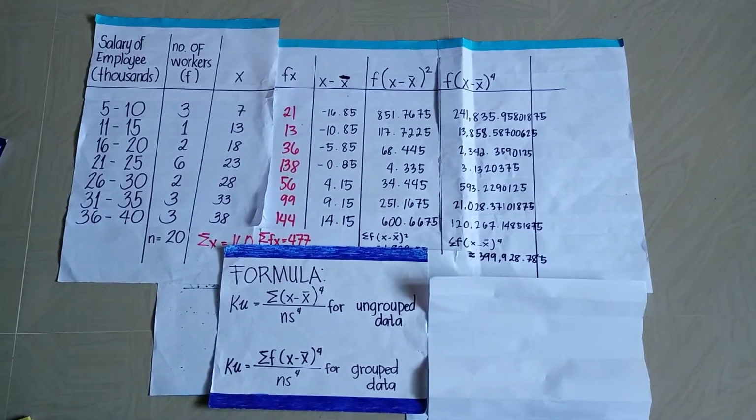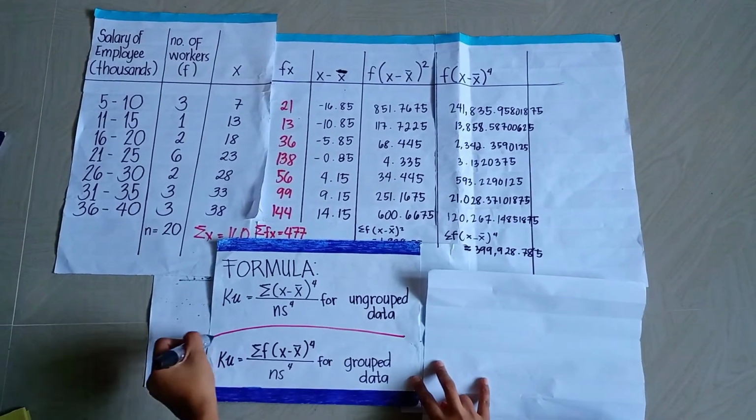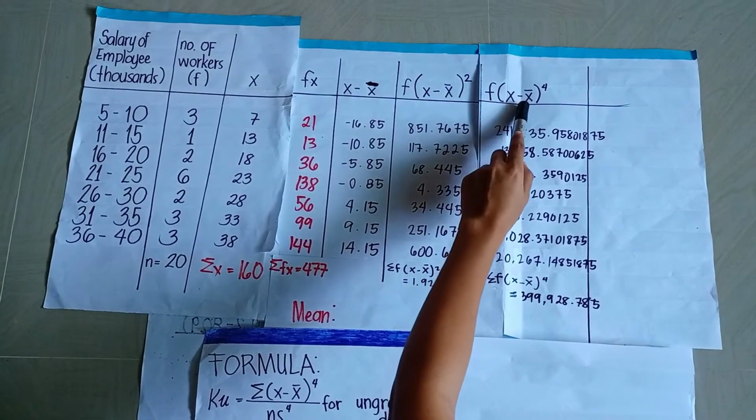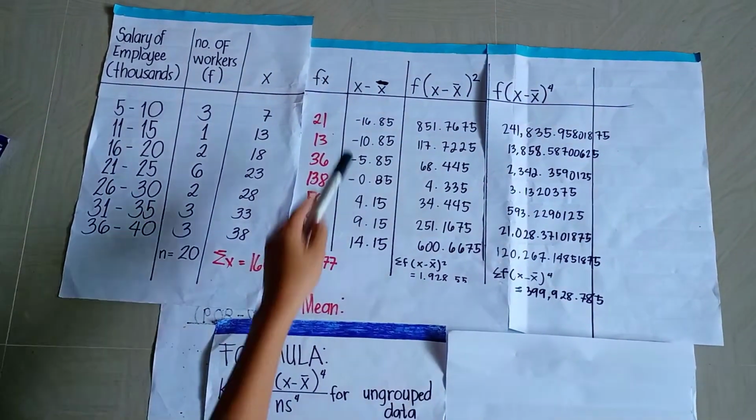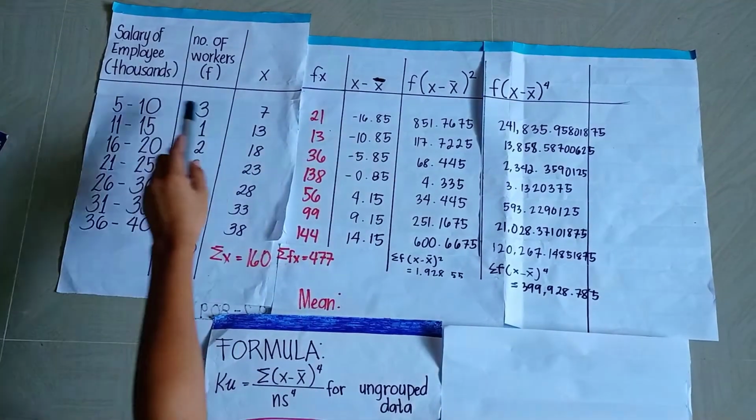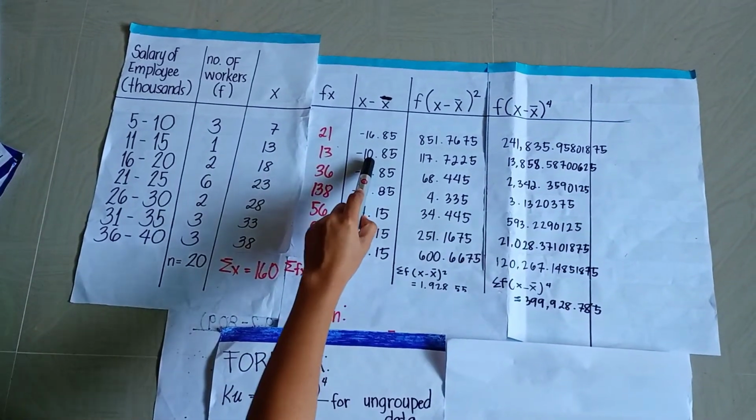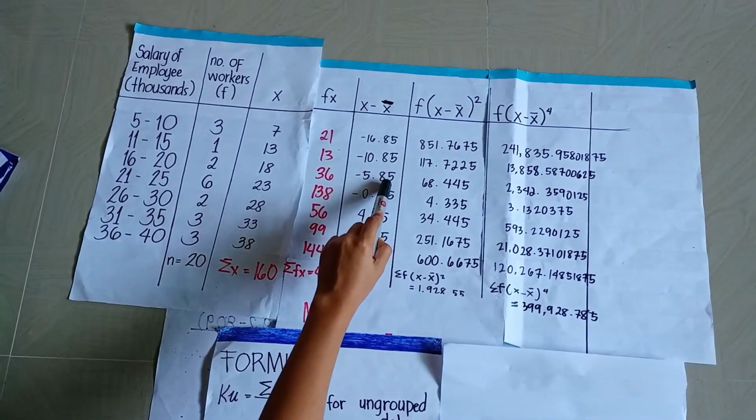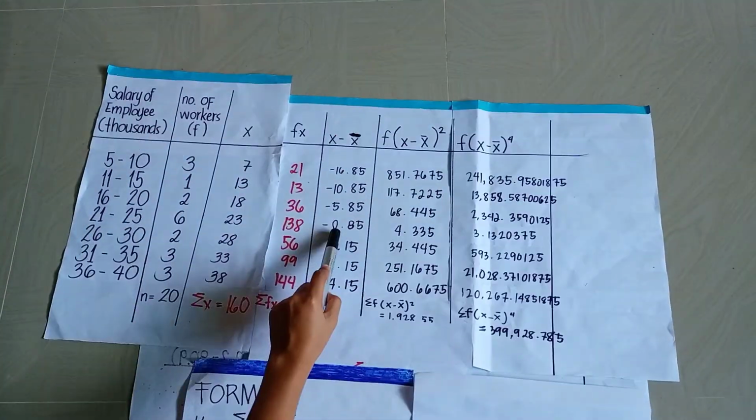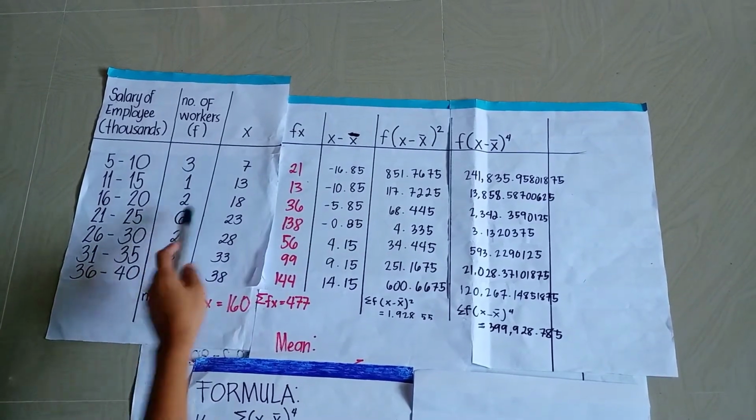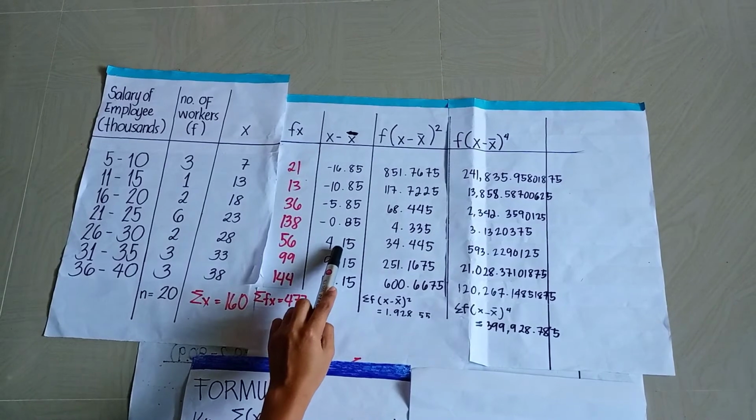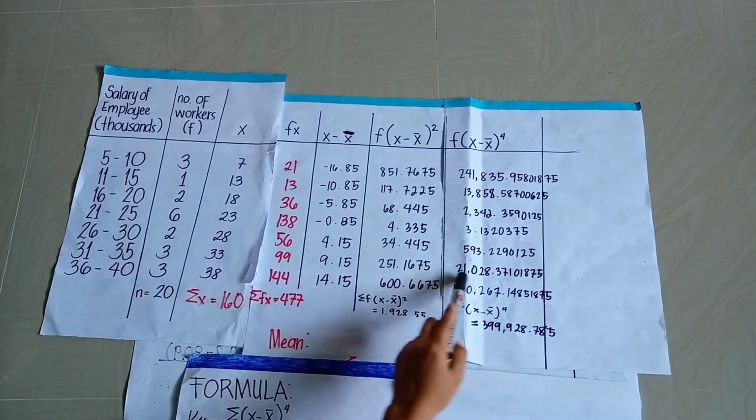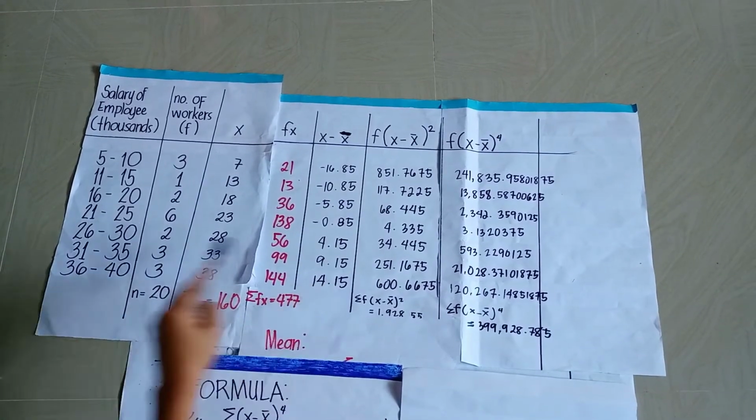For the kurtosis, we are using the group data formula. To get the frequency times the quantity x minus mean to the fourth power: negative 16.85 to the fourth power times 3 is equal to; negative 10.85 to the fourth power times 1 is equal to; negative 5.85 to the fourth power times 2 is equal to; negative 0.85 to the fourth power times 6 is equal to; 4.15 to the fourth power times 2 is equal to; 9.15 to the fourth power times 3 is equal to; 14.15 to the fourth power times 3 is equal to,